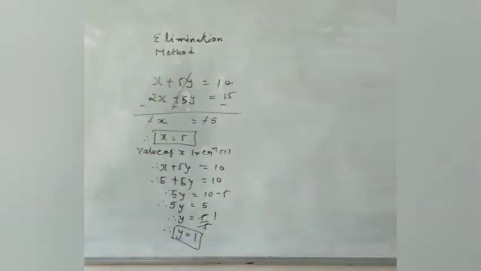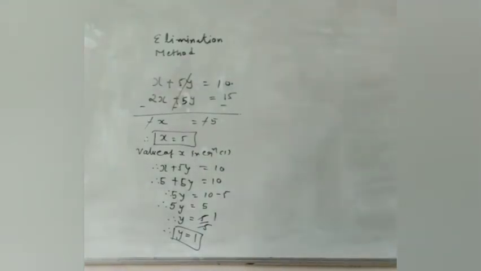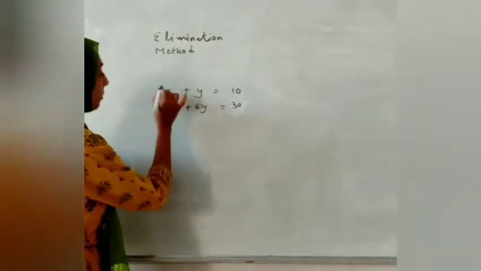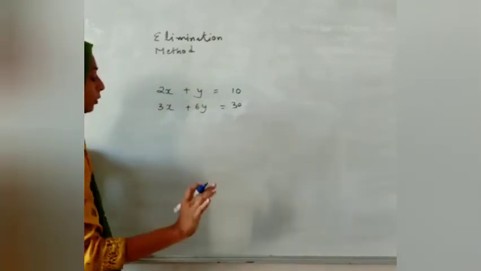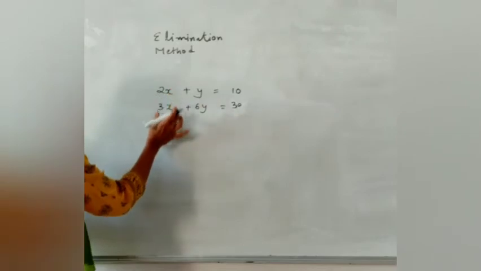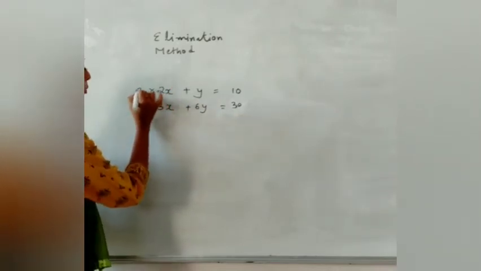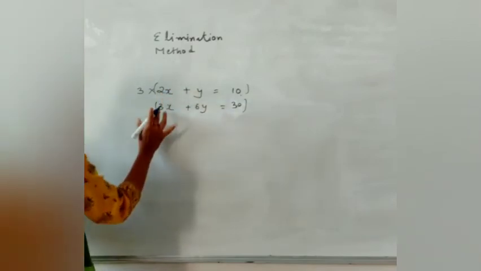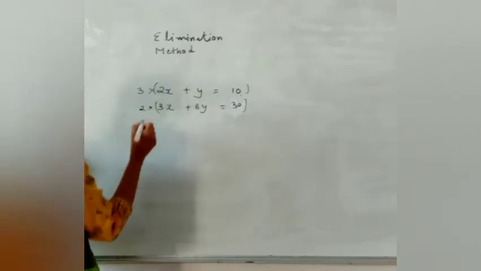अब मैं ऐसा एग्जांपल लूँगी जिसमें ये सेम नहीं है, so let's see there what will happen. So here I have taken two equations. Let us begin the process. What we will do? या तो हम x को सेम बना सकते हैं या हमें y को सेम बनाना है. So what I mean to say, if you want to make x same, what we have to do, हमको ये पूरे इक्वेशन को 3 से मल्टीप्लाई करना पड़ेगा, because they are not having any common factor, और ये पूरे इक्वेशन को 2 से मल्टीप्लाई करना पड़ेगा.